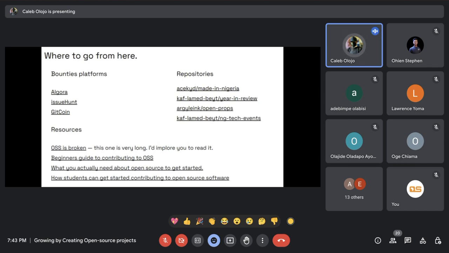Sometimes you may find it difficult to contribute to projects. How do I contribute to a particular project? How do I get notified about things? How do I watch these changes? I think this function is available on GitHub. You can literally go to a repository and watch that repository. So whenever there's a change, whenever there's an issue, you're updated immediately. You get to see what that repository needs, what needs to be fixed.